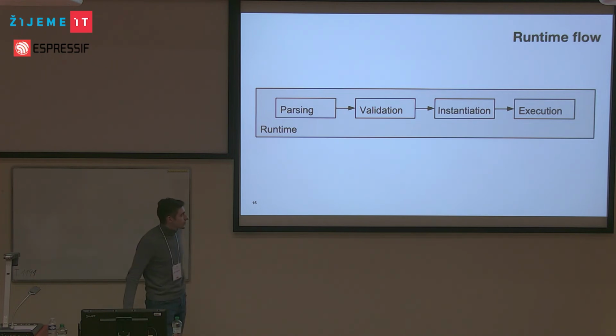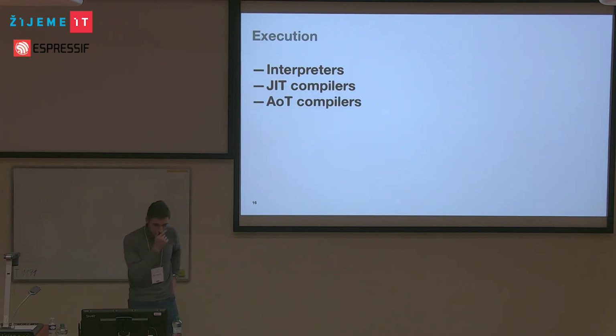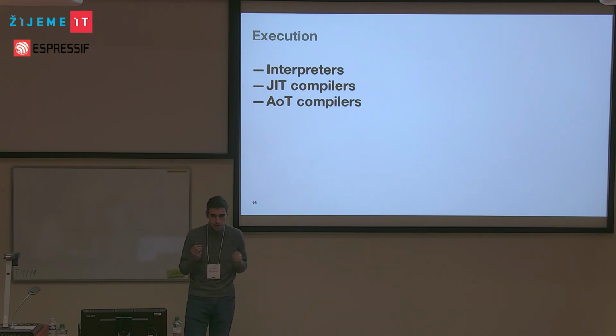So next, all right. Let's say we got through the validation phase and we know that the module is more or less well formed. So the next step is instantiation, and I'm going to skip that because it's not so interesting. And finally, execution. So how does a runtime execute WebAssembly code? There are basically 3 types of runtimes. There are